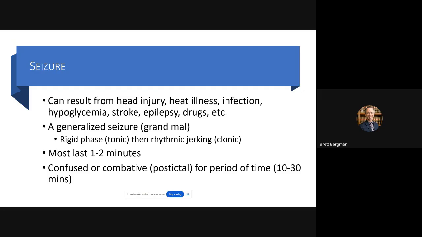Kids may get absent seizures where they just have a blank stare and a total loss of awareness. And then the other thing in younger children is that you can have febrile seizures. So one of our kids had a febrile seizure, very scary, related to the fact that they had a fever. And so that is one of the triggers in kids.